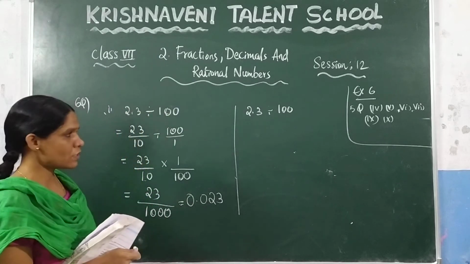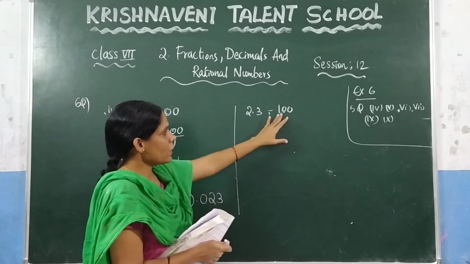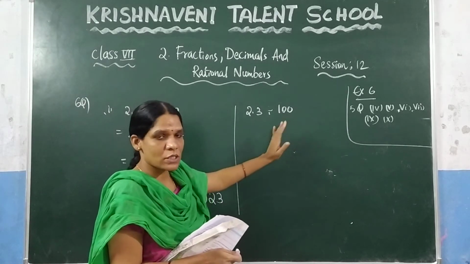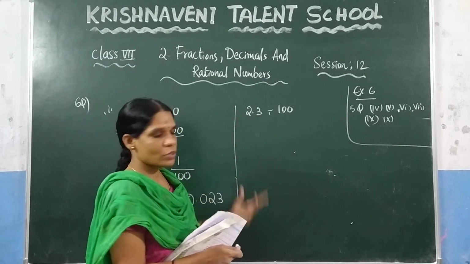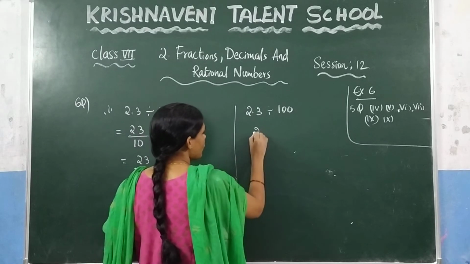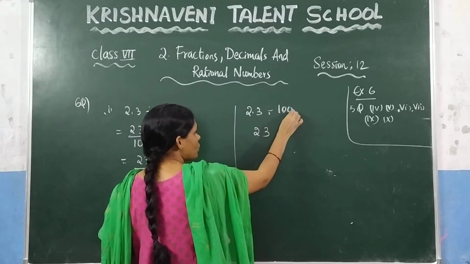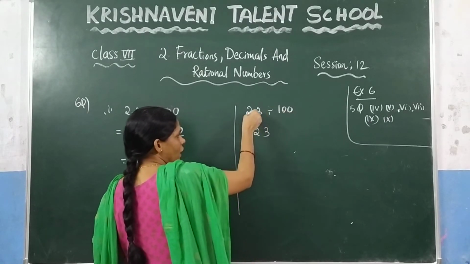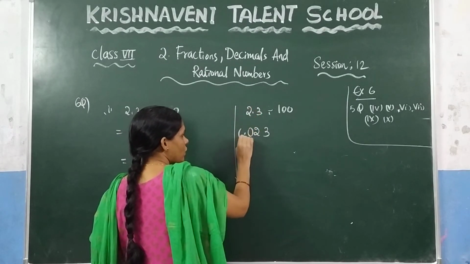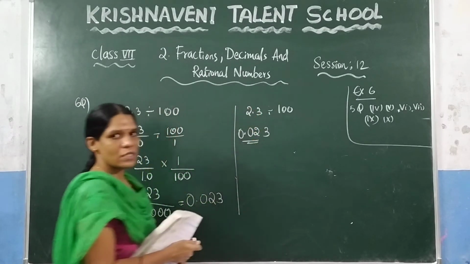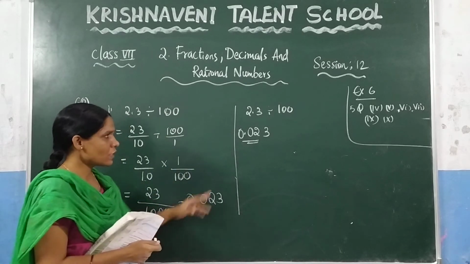As we have discussed now here, since 2 zeros are there, you need to shift this decimal point 2 numbers to the left. So here, the number is 23 and 2 zeros are there. Here 1 0 and here 1 number is there. Before that you need to keep one more number, and after that you keep the decimal point. Just like that we have got the answer in one step.